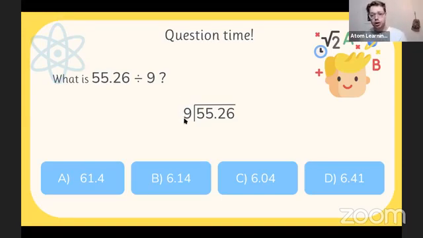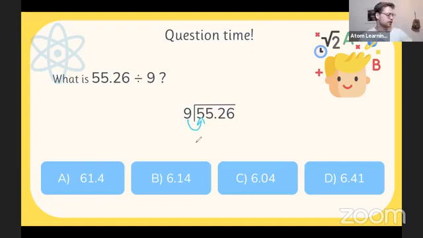What we do here, we have our divisor and our dividend. Those are the fancy ways of saying the number and the number we're dividing them into. We try and do 9 into 5. 5 is in the tens column. 9 doesn't go into 5. You don't need me to tell you that. We then carry that 5, so we do 9 into 55.